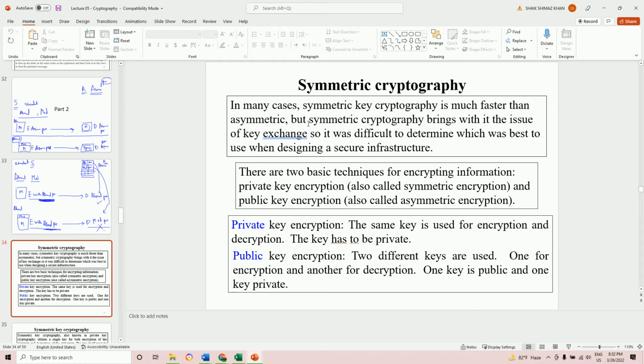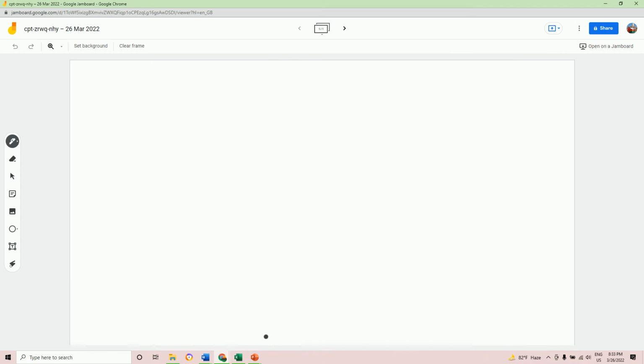Symmetric cryptography is much faster than asymmetric, but it brings with it the issue of key exchange, so it was difficult to determine which was best to use when designing a secure infrastructure. There are two basic techniques for encryption: private key encryption, also called symmetric, and public key. So students, in this slide, what you have to understand is,